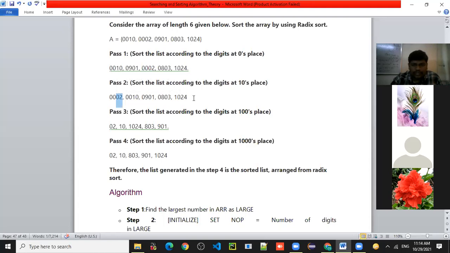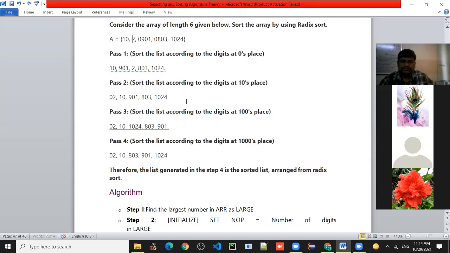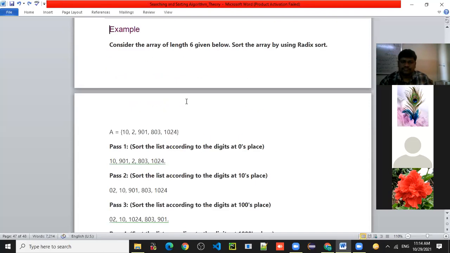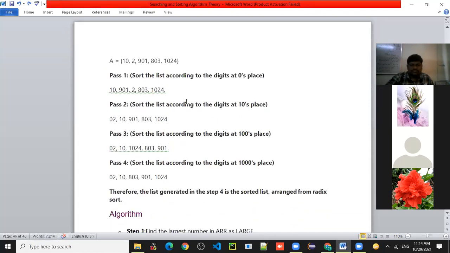How this one is considered? Just one. Zeroth place.